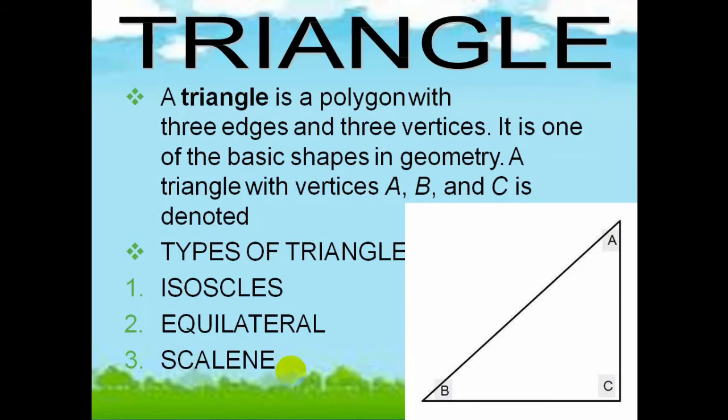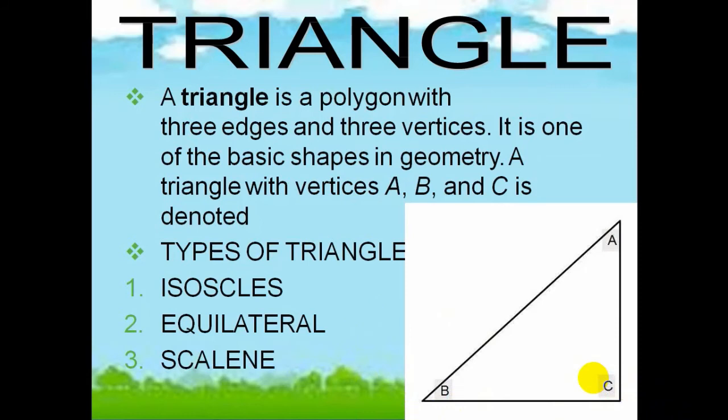Right angle triangle is a triangle in which the measure of one angle is 90. So you see over here, this is a right angle triangle because the measurement of this angle C is 90. So this is a right angle triangle. In a right angle triangle, the measure of one angle is 90 and the measure of the other 2 angles is less than 90, which we will call acute angles.